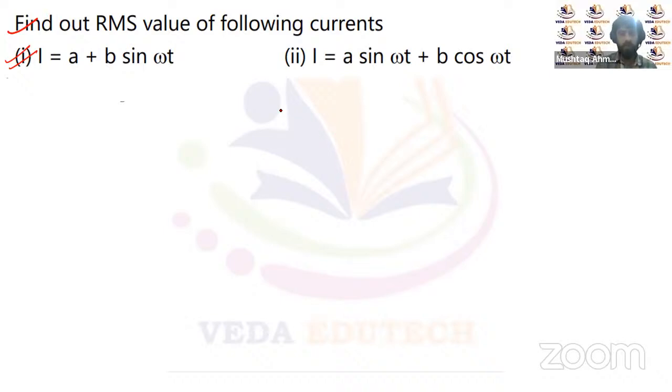We'll divide this page into two, right? We'll solve the first question on this side, and the second question on the right hand side. What we have to do here is calculate the RMS value. So first off, we'll do the square of the given function, then we'll take the mean of that square, and then finally put the root on that function. We'll get the RMS value, right? So first of all, we will square it. Squaring it on both sides,